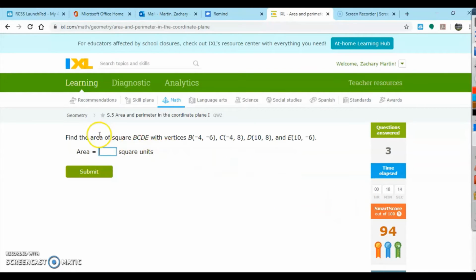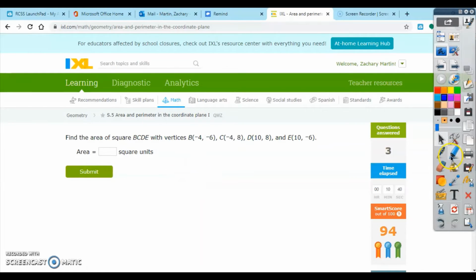All right, so find the area of the square. So we know it's a square, BCDE, with vertices B, C, D, and E, and they give you the points there. What's the area? Well, basically, I know it's a square, so I know that each side is congruent. Well, that means if I can find the length from, say, for instance, B to C, then I can just square that or multiply it by itself to get the area, because keep in mind,